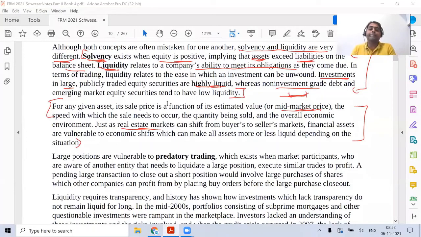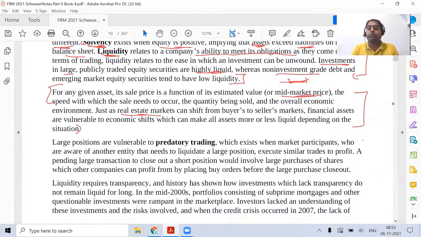Right, so if you're going to compare the two different markets, the real estate market and an exchange market, the liquidity is very, very low in the real estate market. There are so many reasons associated with it. The ticket size is very high, because for example, in Mumbai, when you buy a property, it's going to be more than 1 crore rupees. So with that ticket size being very high, the transaction is very slow. Let us go to the next paragraph.